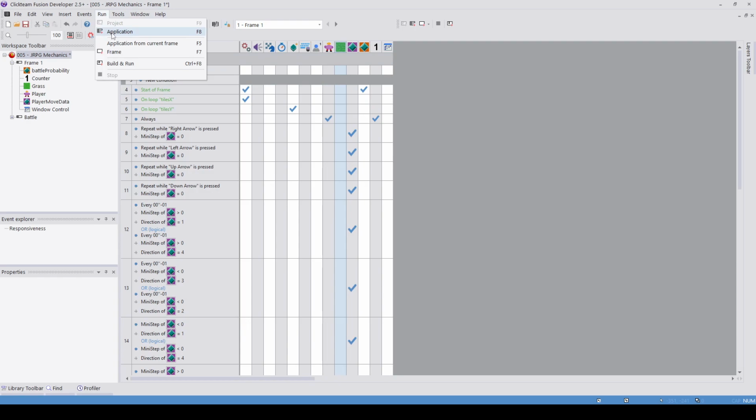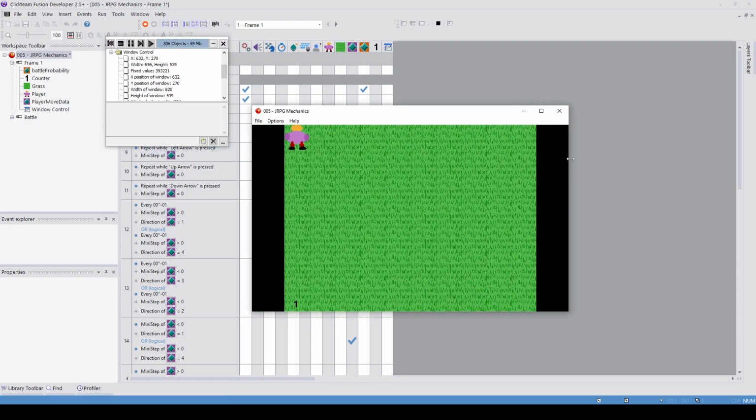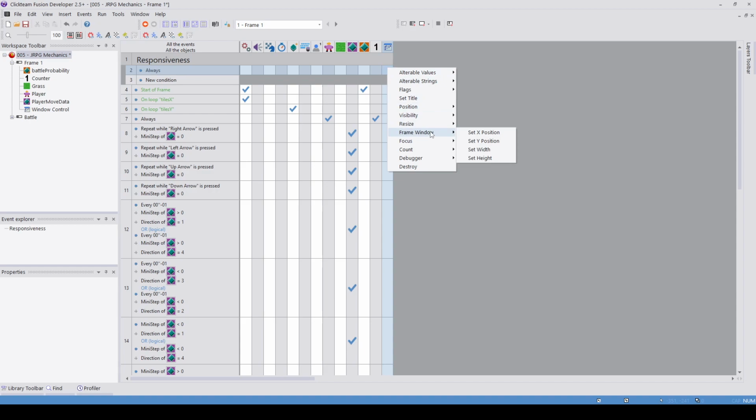What I want to do is, when I stretch open the frame, I want to see more of the game world. I don't want to see these black bars. I want to see the game world. The way we're going to do that is we're going to use the window object, which I introduced last week. I said it's the most important modern object we've got, and I'm not kidding when I say that. So what we want to do is set the width of the frame window,